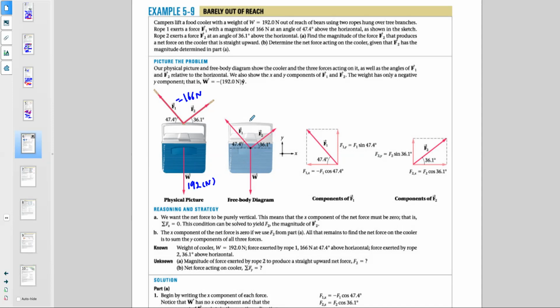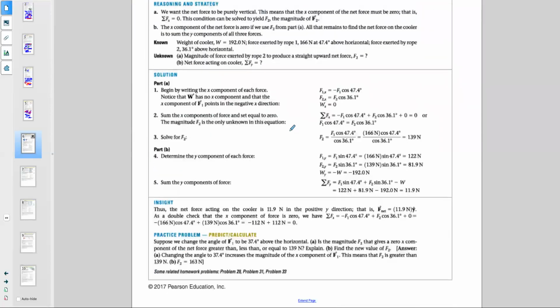Find the magnitude of the force F2 that produced a net force on the cooler that is straight upward, meaning that the net force will be up. So anything that you have along the x direction will cancel out. So what I have here, in other words,